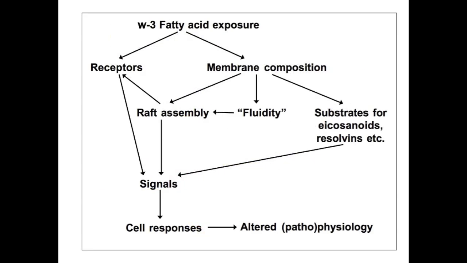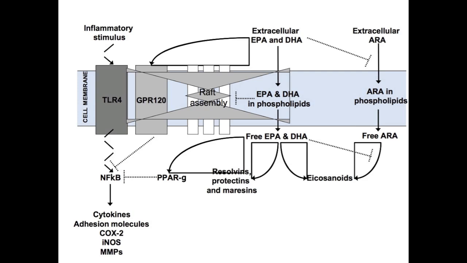So what I've been telling you so far is that if you give people more EPA and DHA, you change their cell membranes, and I've focused on membranes involved in inflammation, but I mentioned platelets and other things in passing. This changes aspects of membrane structure and function, and I guess structure-function relationships, changes the substrates for eicosanoids like prostaglandins and leukotrienes, and for resolving mediators like resolvins and protectins. And there are also these receptors that I mentioned. So all of this is about signals. Signals that cells are sending outside, and signals that cells are sending from their membrane to their nucleus. So we're really changing the way the cells are responding.